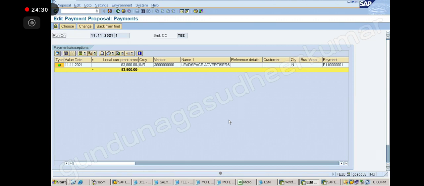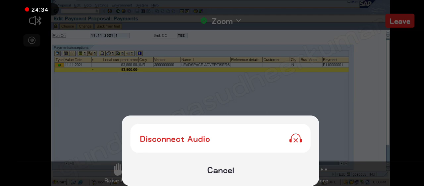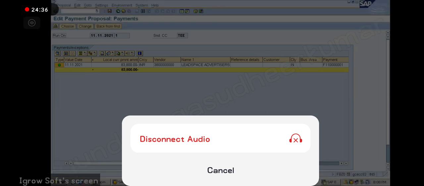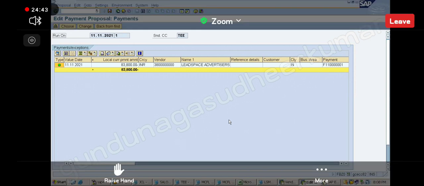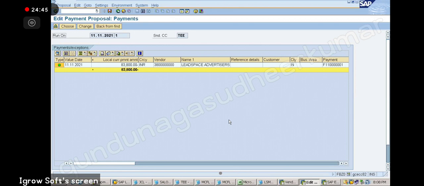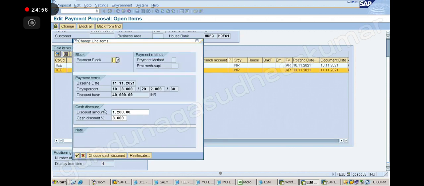If I go for payment run, how many checks will be created? One, sir. Only one check, one check for 83,800. Correct or not? Yes, sir. Good. Now one more scenario I am going to discuss. Everybody comfortable with cash discount, payment run and next payment run date? Yes, sir. Okay. So now the system is automatically picking up the discount. Am I telling it here about discount and all that? No. Automatic process. Clear?